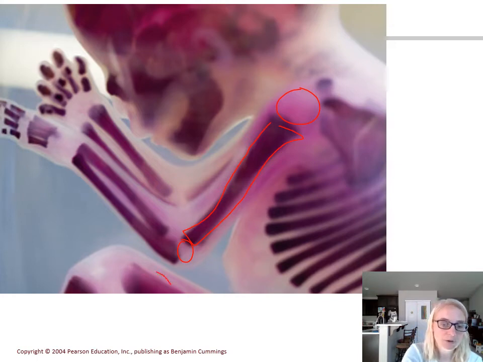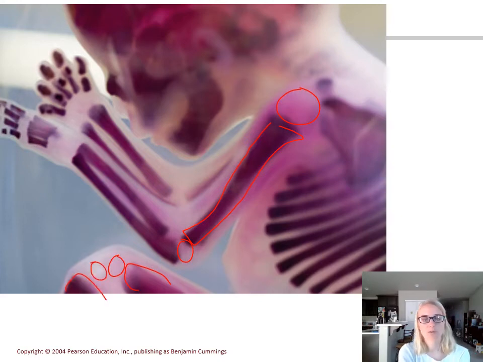So here's the femur, but there's no end of the femur. Here's the tibia, but there's no end of the tibia. So for this particular fetus, there still needs to be more endochondral ossification taking place. And you can see these big gaps in between the finger bones, because those are the epiphyses that haven't yet